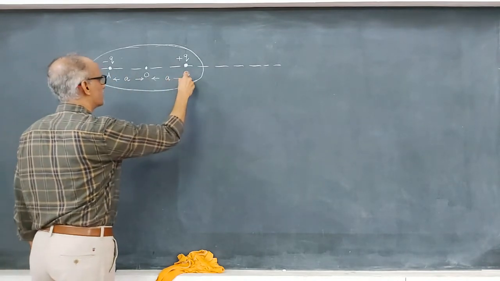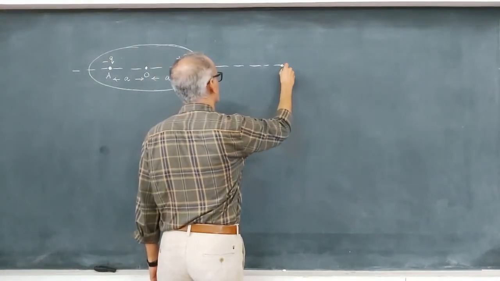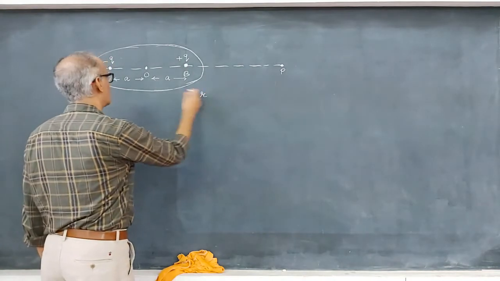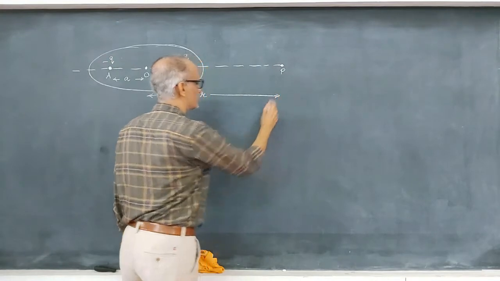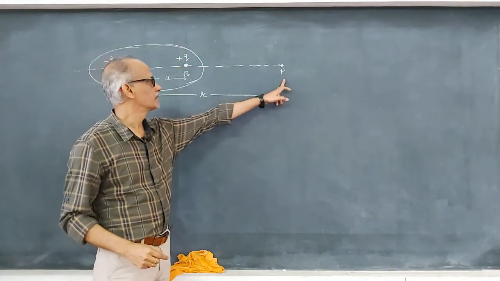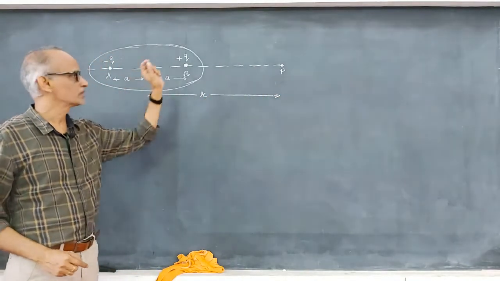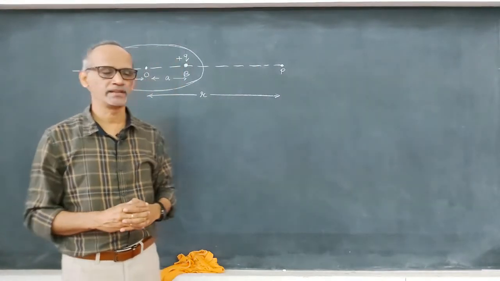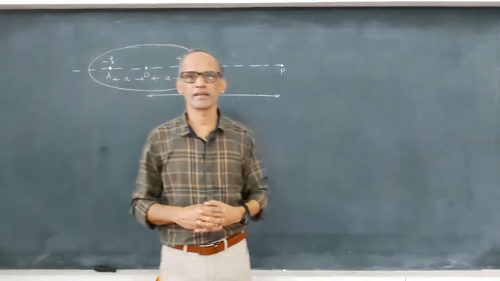Our aim is to find the electric field at a point P on the axis at a distance r from the center of the dipole. This is important. At a point P at a distance r from the center of the dipole. Here we want to find the expression for the resultant electric field produced by this entire dipole. Now why do we use the word resultant electric field? Because